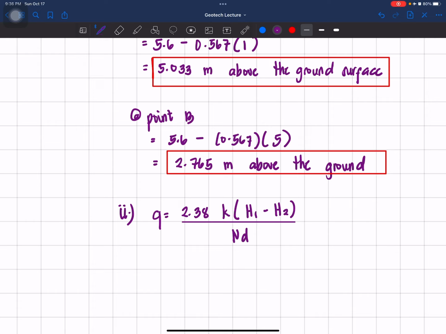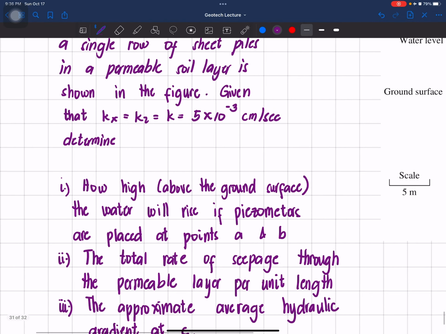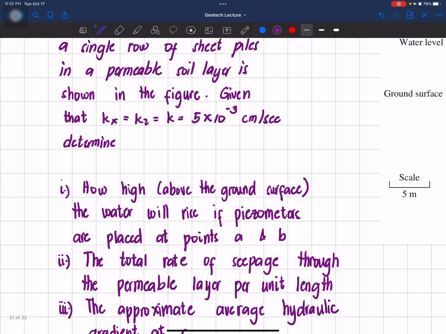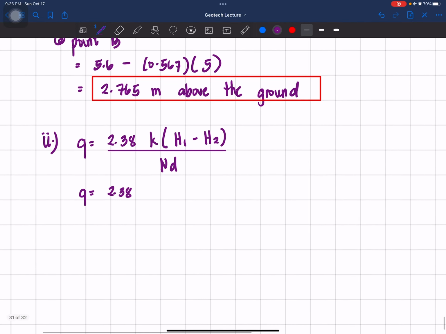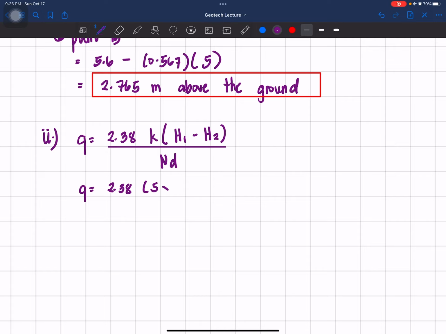Okay, and yung h natin doon, that is actually the head. Okay, the head difference between the upstream and the downstream level. Okay, so let's now calculate or substitute the values. We have 2.38 multiplied by, what is our given k? Ang given k natin is 5 times 10 to the negative 3. Okay? So we have 5 times 10 to the negative 3. What is our h1 and h2? That is 5.6 minus 2.2